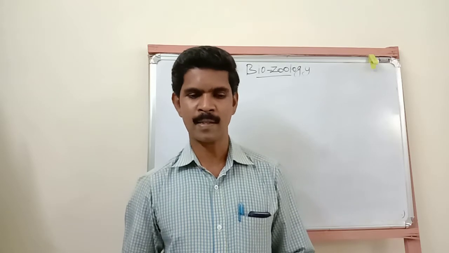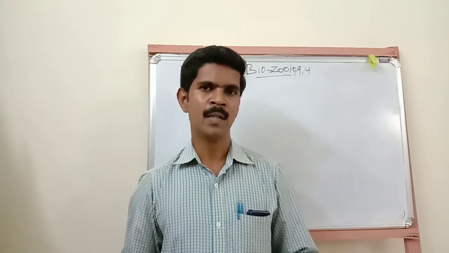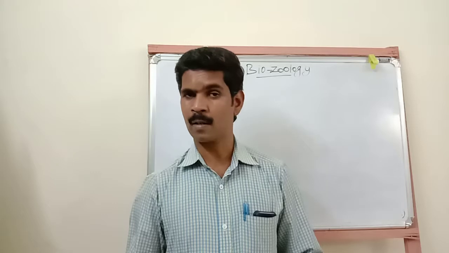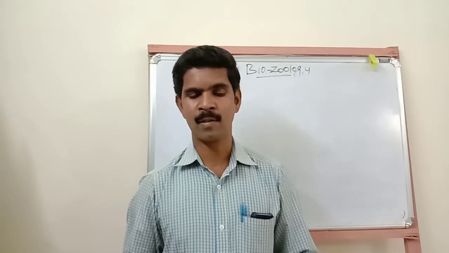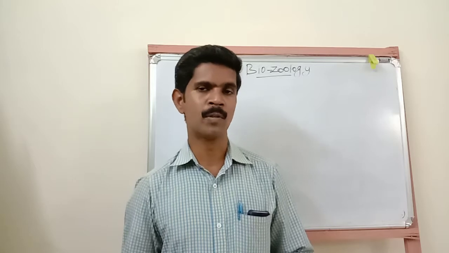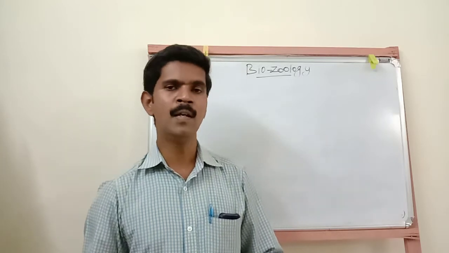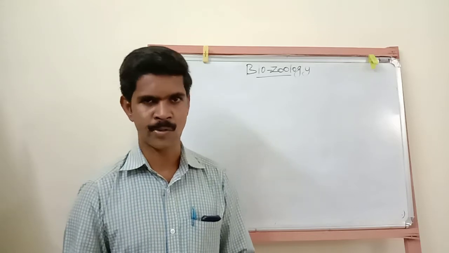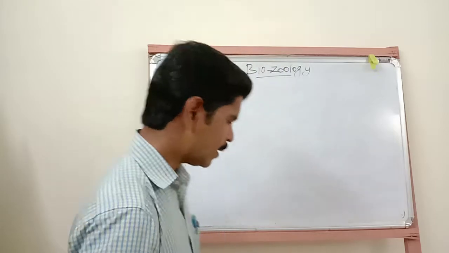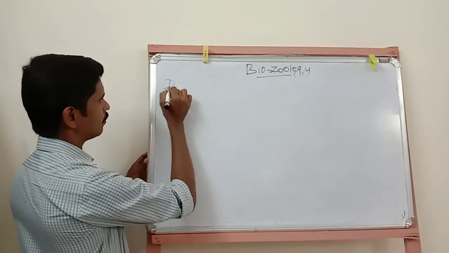In the last class, we studied the fifth lesson, molecular genetics, and in it we covered three important topics: RNA world, then properties of genetic material, and the last topic, packaging of DNA. So these three topics we have already completed in the last class. Today we are going to study only one topic. It's a very important topic for 5-mark questions, and there are many 1-mark and 2-mark questions also. So listen very carefully. Today our topic is DNA replication.